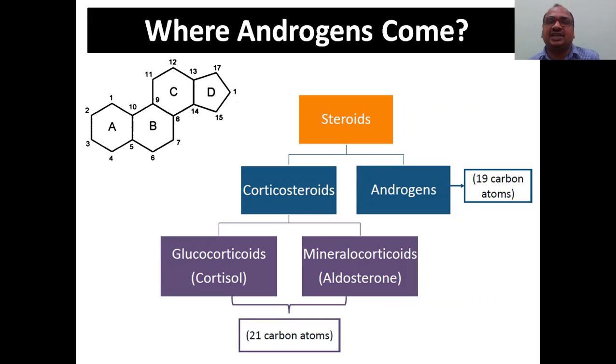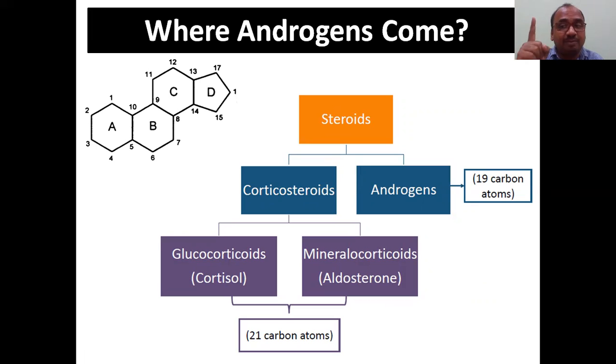Androgens come under the classification of steroids. Androgens are nothing but steroids. Steroids are hormones which consist of a basic steroidal ring. See, ring A, B, C, D is there. It consists of 17 carbon atoms; all these are the carbon atom junctions. All steroids basically consist of a steroidal ring. Steroids are divided into two categories.